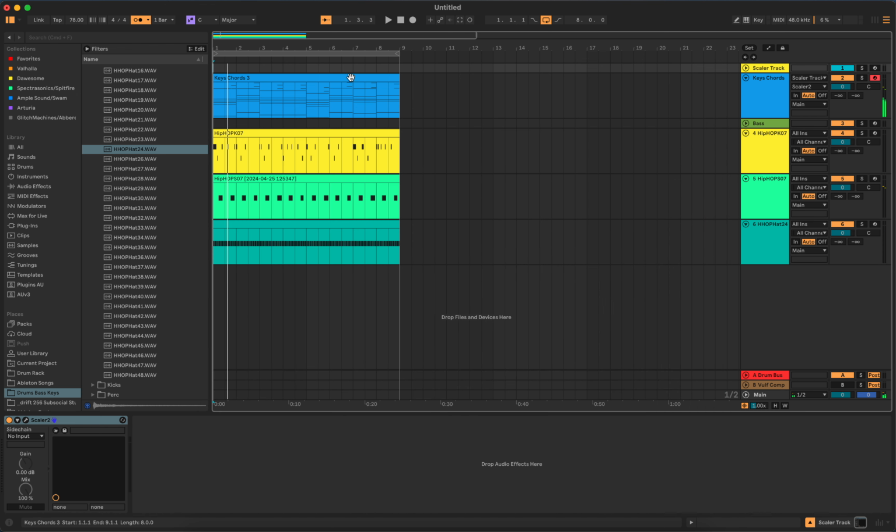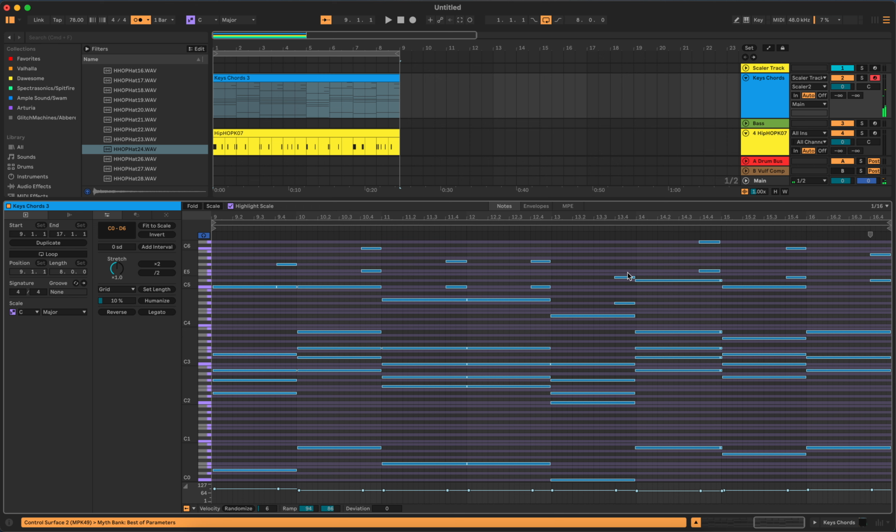There's all kinds of crazy movement going on in this. And you can see the passages are right up here where it's created these kind of melody-like